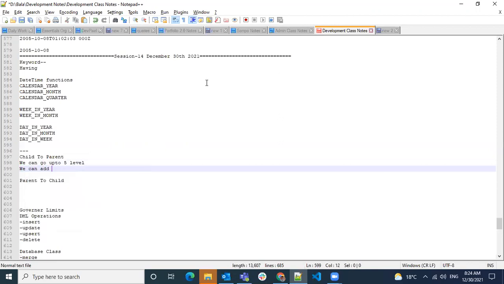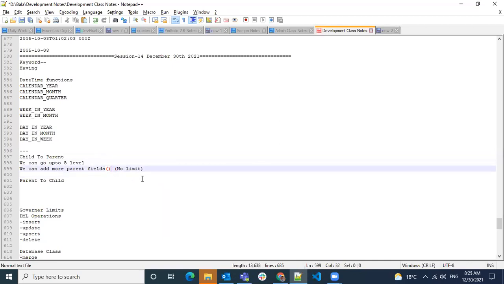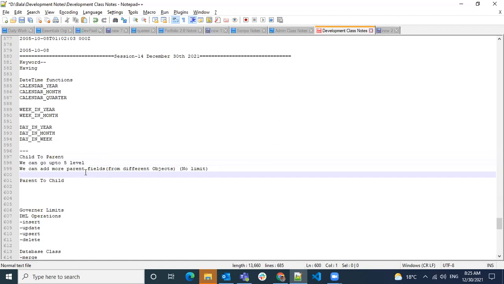When I'm saying more parent fields from different objects, if we have 2 or 3 parents, or 10 parents or 20 parents, you can add all the parent fields.